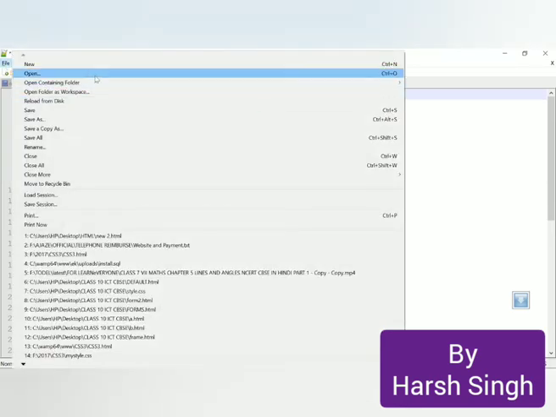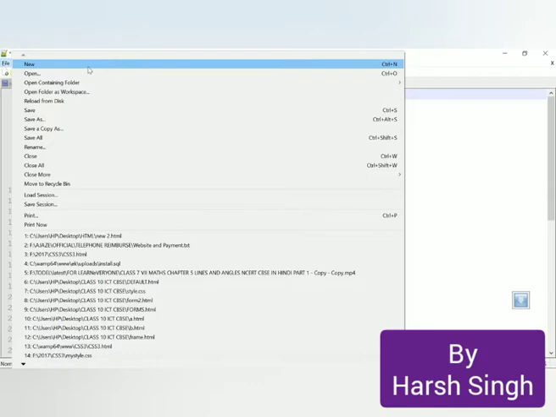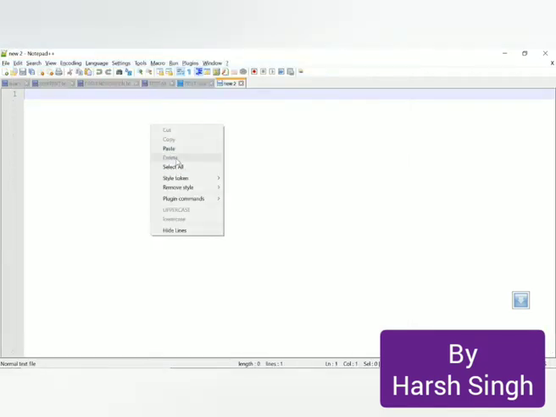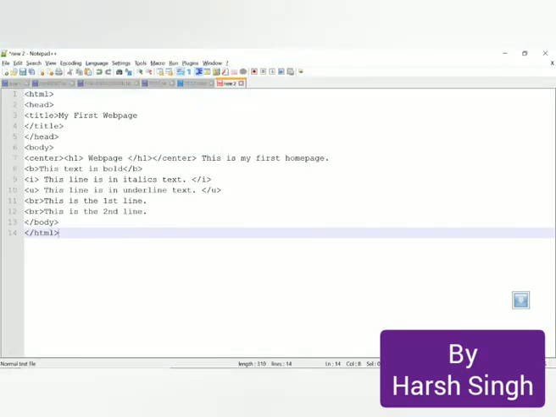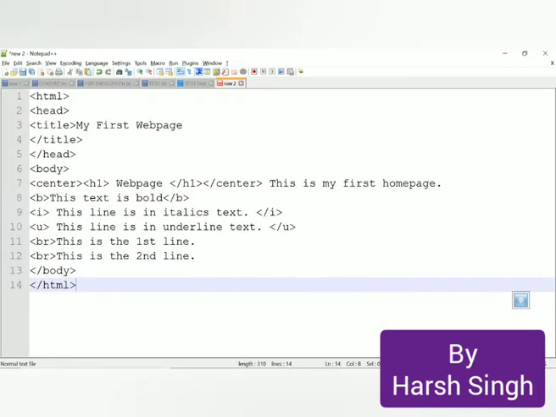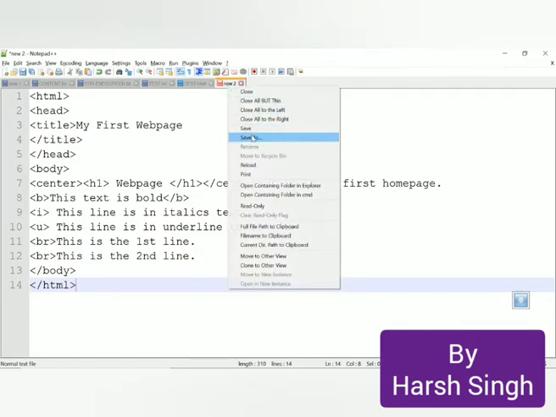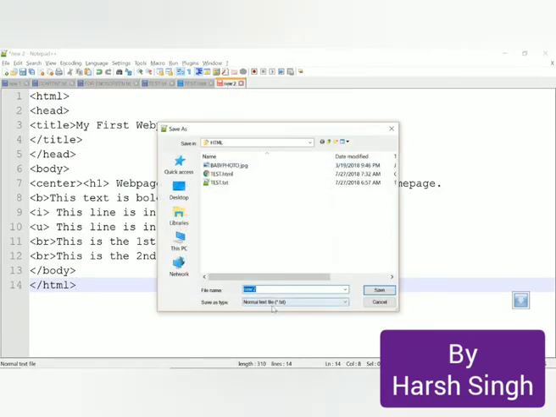This is Notepad++. You can easily download it from the internet. I'm making a new file, I'm pasting it. Now the important part is when I'm pasting it, the content which I explained to you is now just text. But when I save it in Notepad++, let me save it first. I want to save it as, say, HTML file.